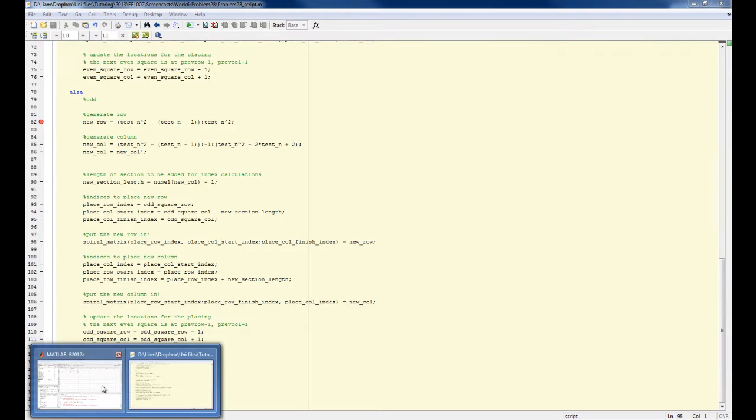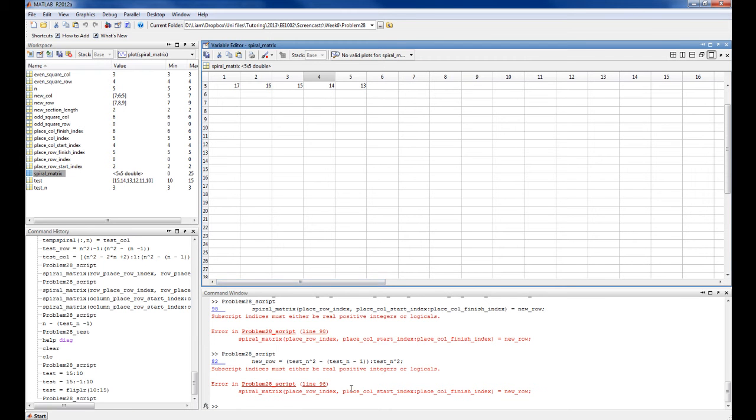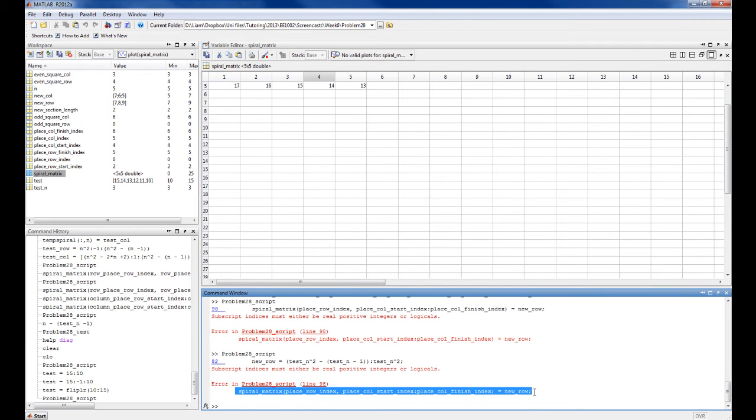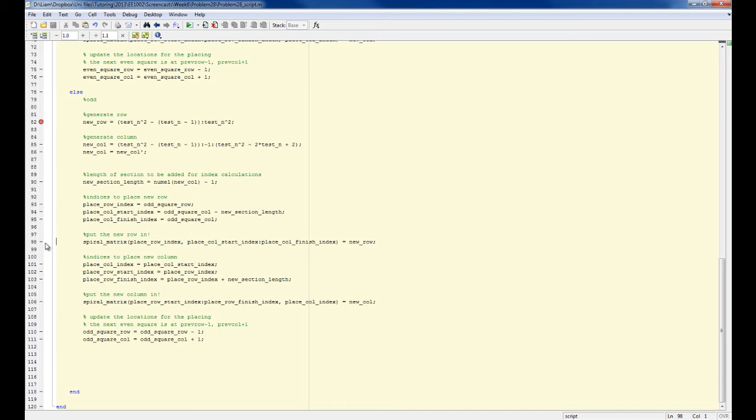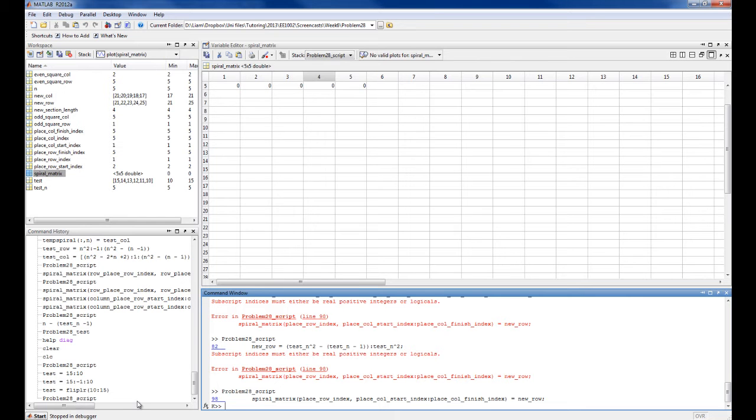Okay, and that didn't work. So MATLAB's yelled at me, so it says there's an error in this row, because the subscript indices must either be real or positive integers or logicals. It's line 98. Okay, I'll put a breakpoint there. So this is interesting because the first time through this loop it works. So it's complaining to me